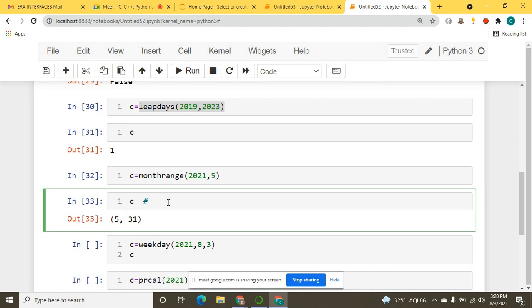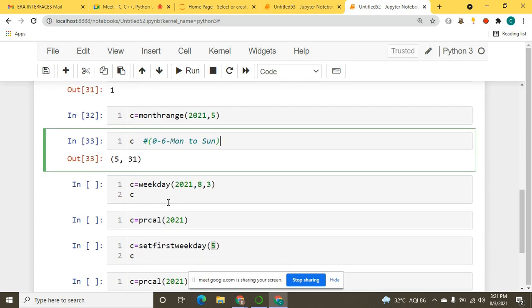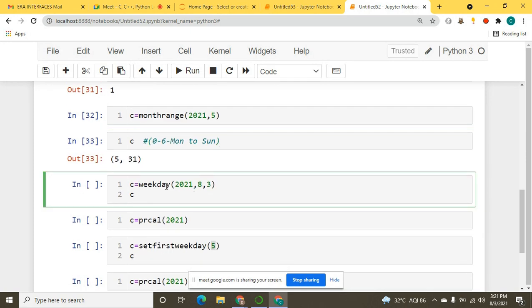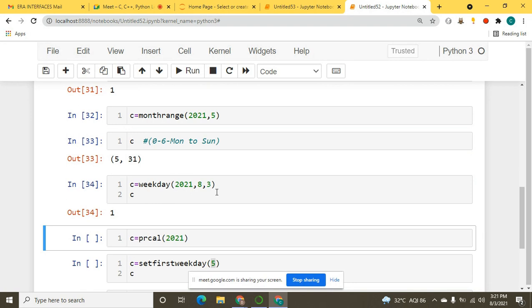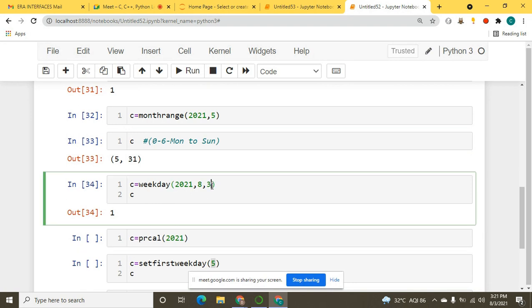So the range lies between 0 to 6, which means Monday to Sunday. Now I want to pick out the weekday for the year 2021, month 8 and day 3. So what will we get? On the 3rd of August 2021, which day is it?